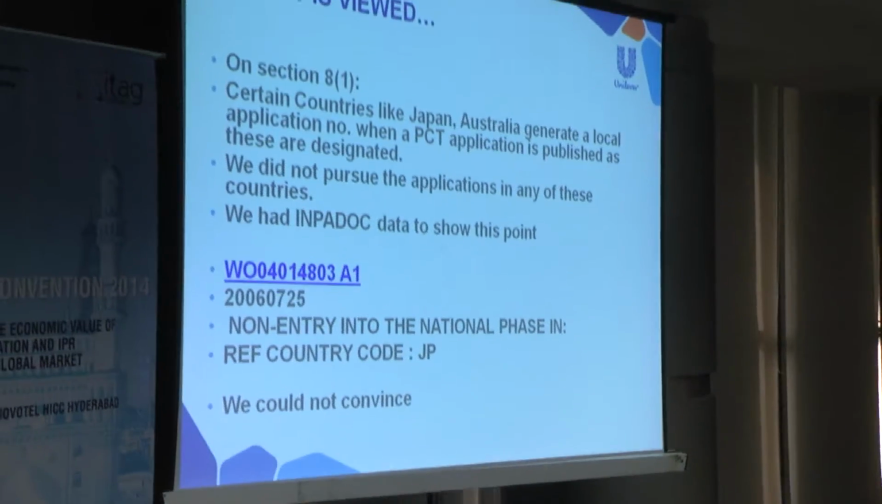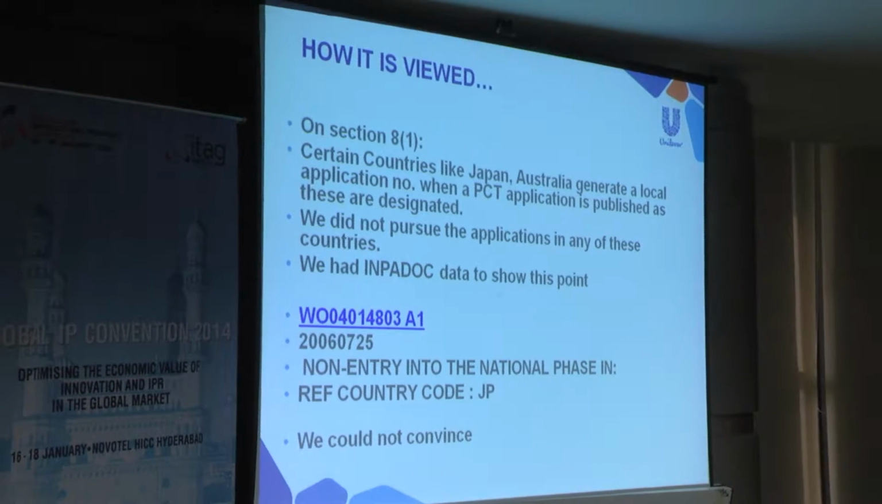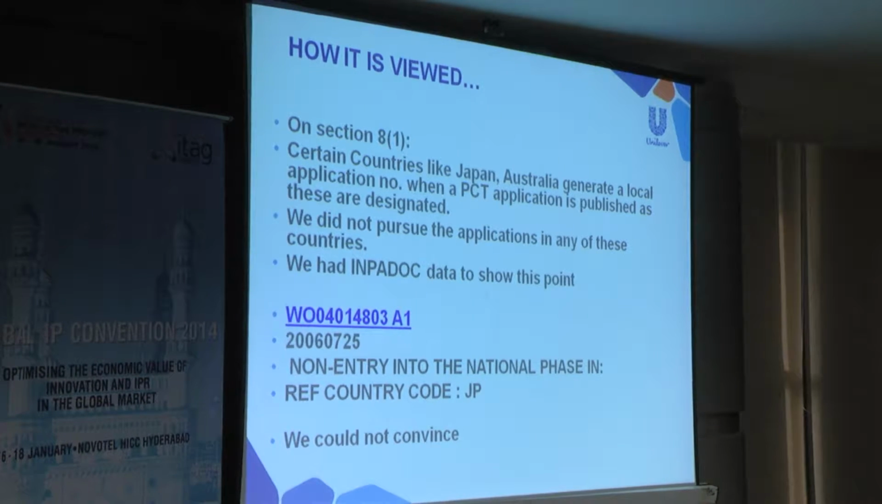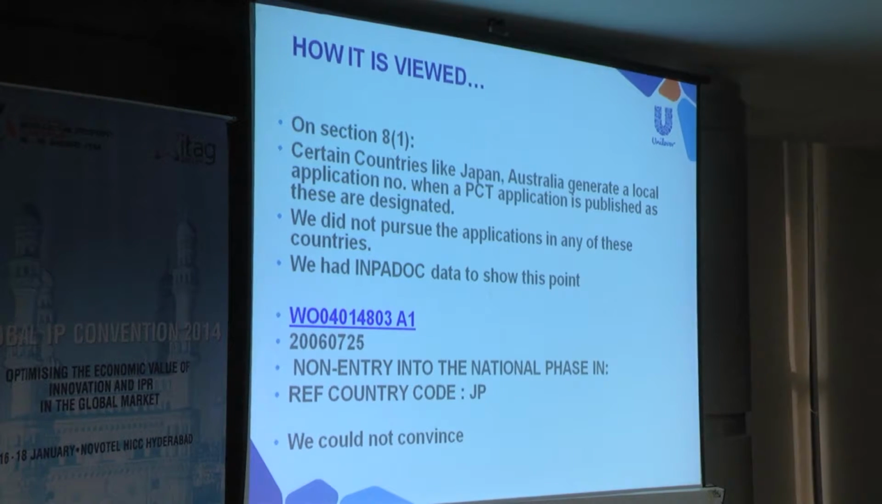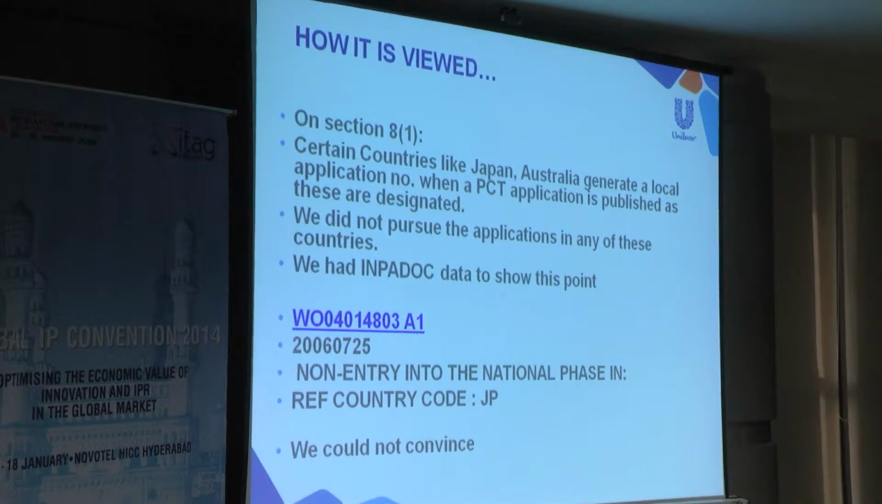Certain countries like Japan and Australia generate a local application number the moment a PCT application is published, as these are designated. This is not in our control. It's an automatic generation of a number. And the other party argued that we withheld the information in Japan and Australia. We did produce the INPADOC data, which very clearly says non-entry into national phase in Japan, but that was not taken. So, we lost. Then Ajanta Pharma against Allergan, they argued based on the same thing,